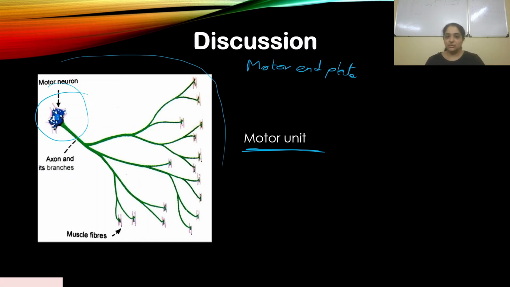This is what a motor unit looks like. It includes the whole motor neuron that is forming the junction with that muscle. Here you can see, now you have a clear picture. This red or pink portion is a muscle fiber, and these are the branching terminals that are forming junctions with the muscle. So this part is called the motor end plate, whereas the whole part is called the motor unit. This particular portion is the motor end plate that I just showed you in the previous diagram.